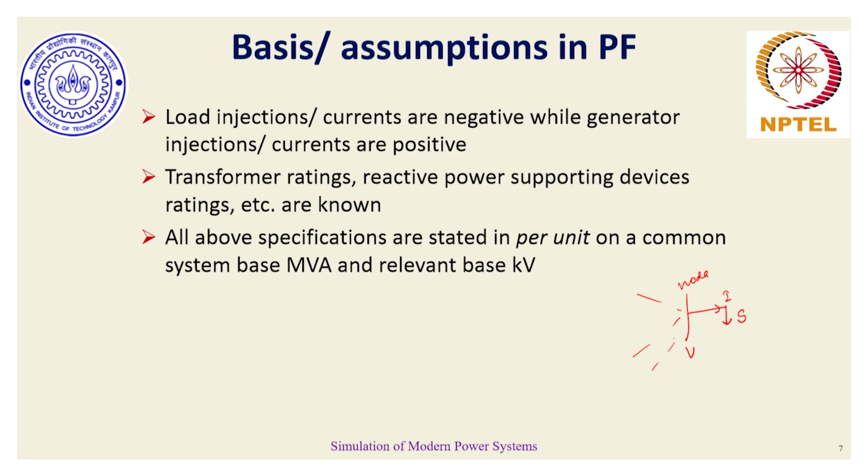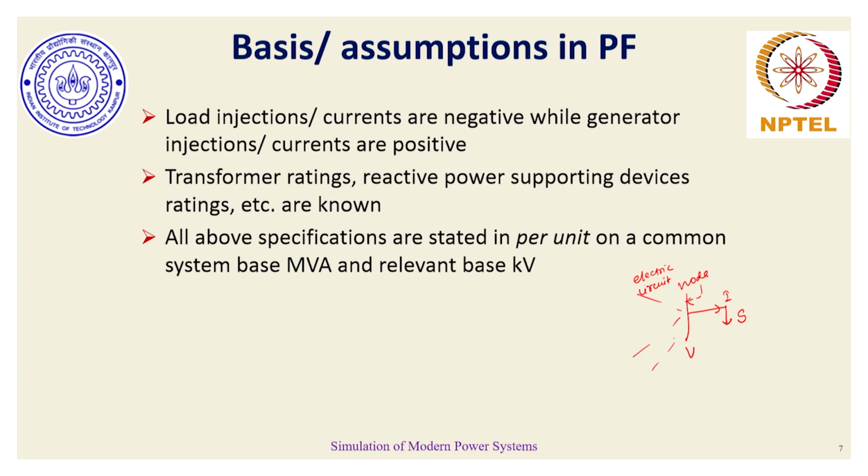So typically a load behavior is supposed to be that it is consuming power from the rest of the electric circuit, and if we talk about it in terms of injection, that is, how much current is being injected from this node into this electrical circuit, then if the node or bus only has the load connected to it,